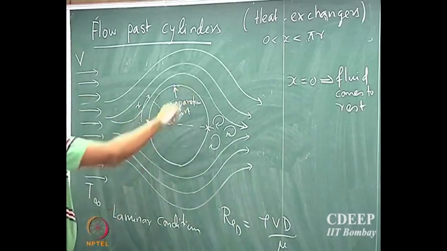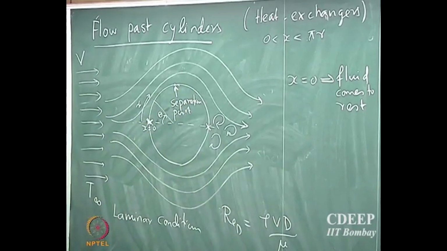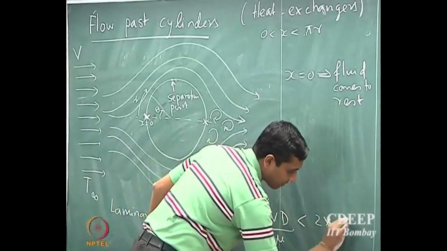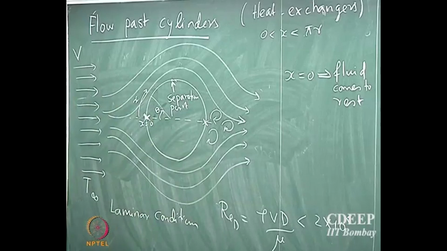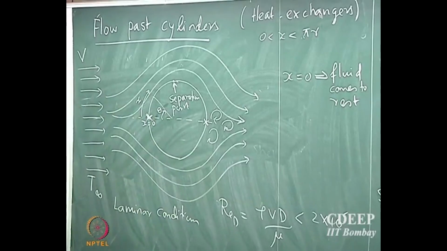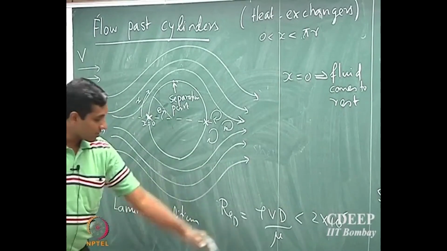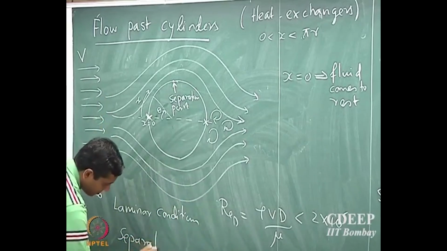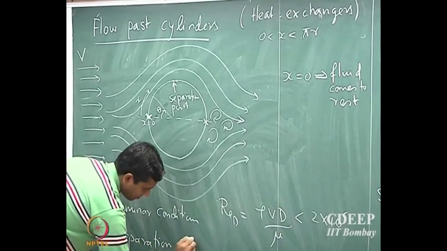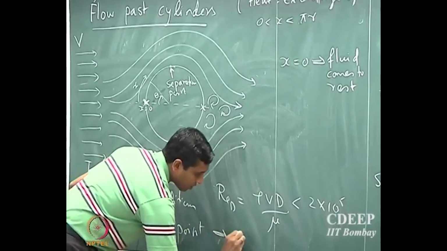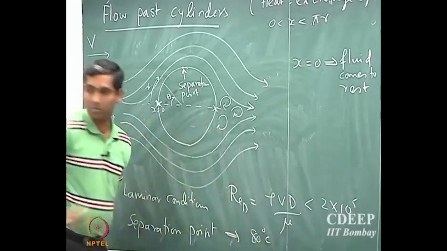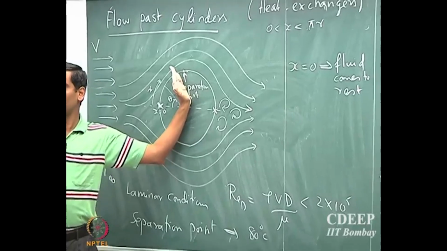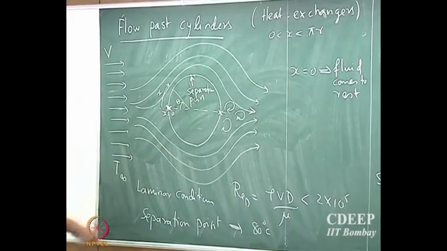If d is the diameter of the cylinder, the Reynolds number is defined based on the diameter of the cylinder. If this is less than 2 into 10 power 5, it's considered laminar conditions, and under laminar conditions the separation point is approximately at an 80 degree angle, while under turbulent conditions,